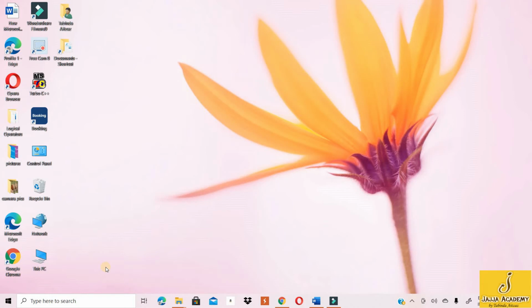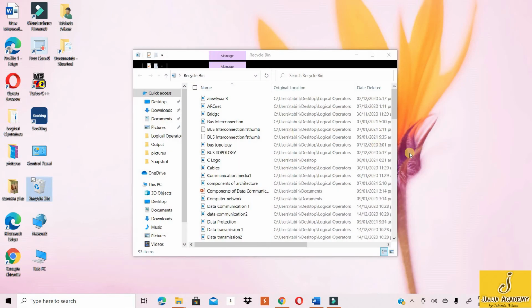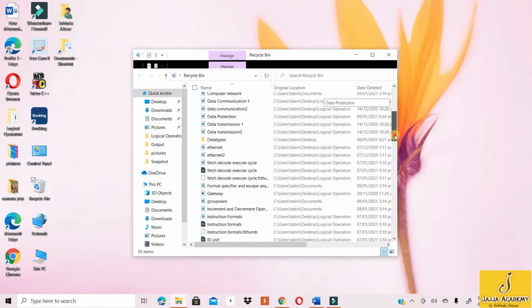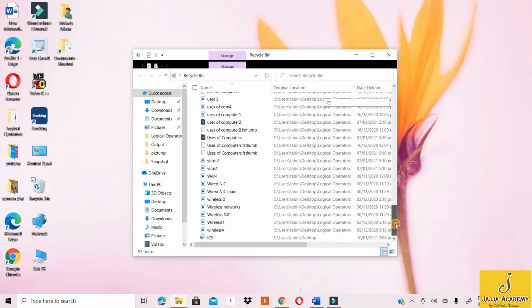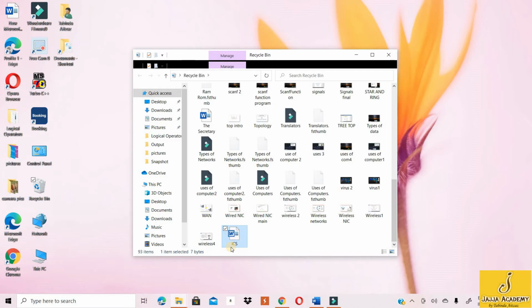Now let's go to the recycle bin and see whether this file is present there. This is the recycle bin folder where all deleted files and folders are saved by the Microsoft Windows. Here you can see the text file captioned as ICS, which I just deleted from the desktop.